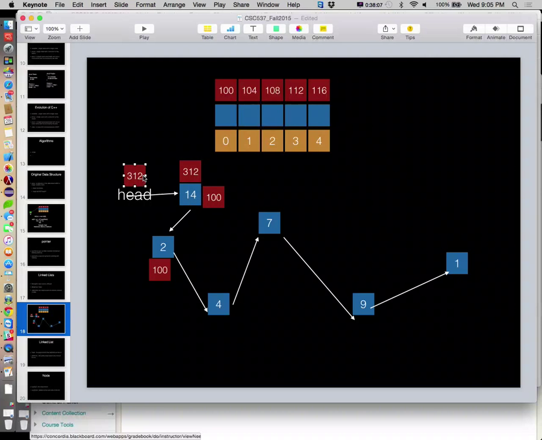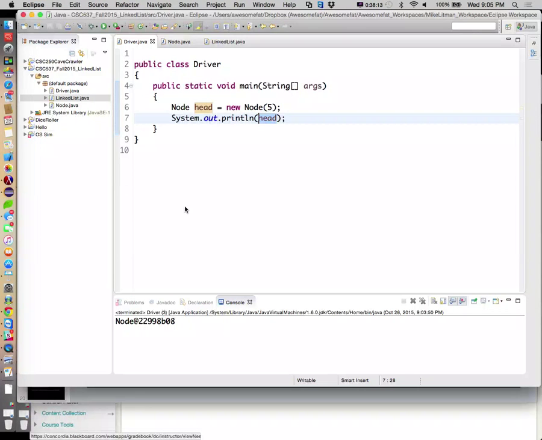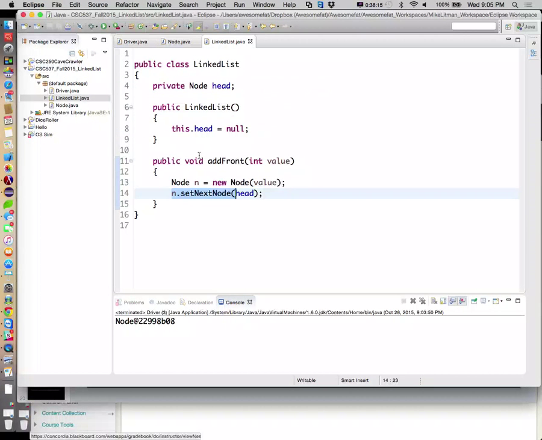It has a piece of paper that tells us where we can find that node. That's the address. So go back into our code here, linked list, create our new node with the value, set that node's next node equal to whatever head is equal to, then set head equal to that next node. Make sense?